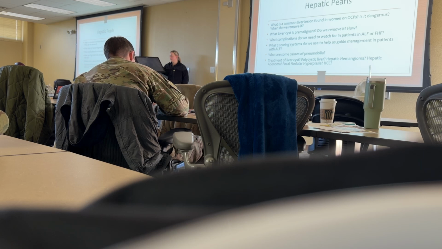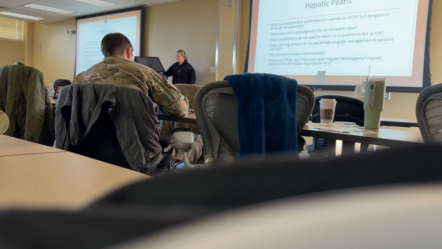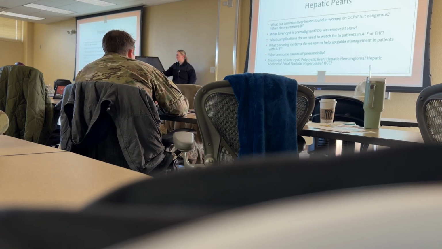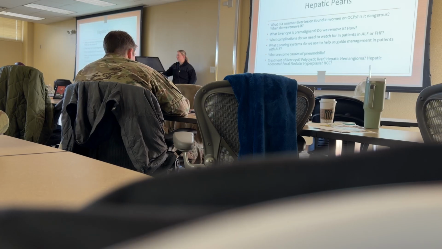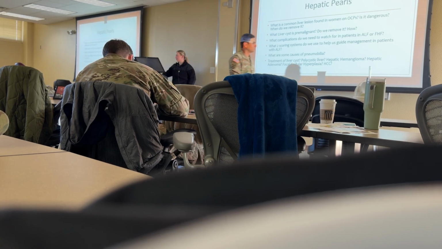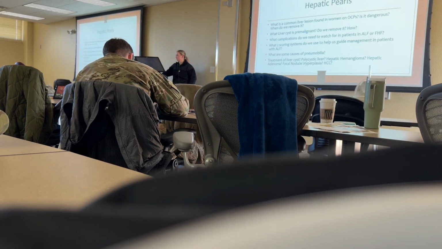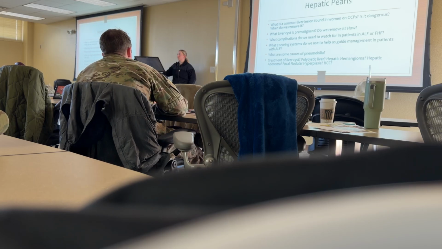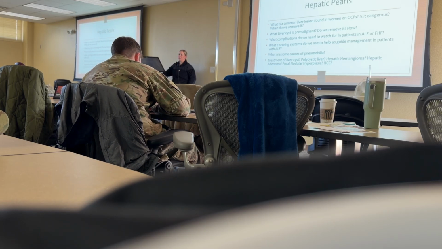Okay. All right. What complications do we need to watch for in patients with ALF and FHF? What are they even? What is ALF? Acute liver failure. FHF, fulminant hepatic failure, fulminant liver failure. What do we need to watch out for? If the liver is dying, what do we watch for? Encephalopathy. Coagulopathy is good, right? If the liver's not working, your clotting factors are not going to work,